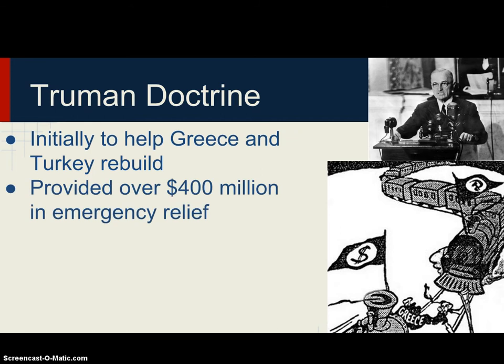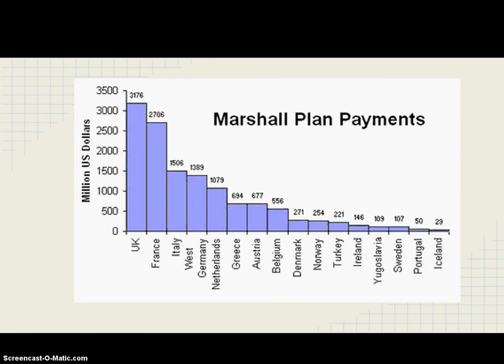So we're looking at over $400 million of American money being pumped into Europe. It's eventually going to spread to the rest of Europe through the Marshall Plan, but it specifically starts with Greece and Turkey, then spreads. Here's a quick little graph showing the amount of money that we paid to these European nations after World War II to try and make them stronger, because the idea was that a weaker country, with a lot of unhappy citizens struggling with poverty, would be very susceptible to the Soviet Union coming in and helping turn them into communist nations.